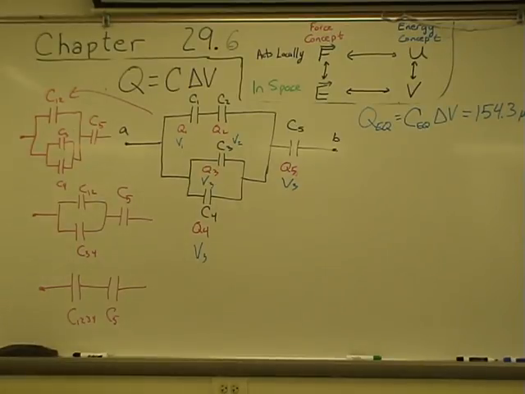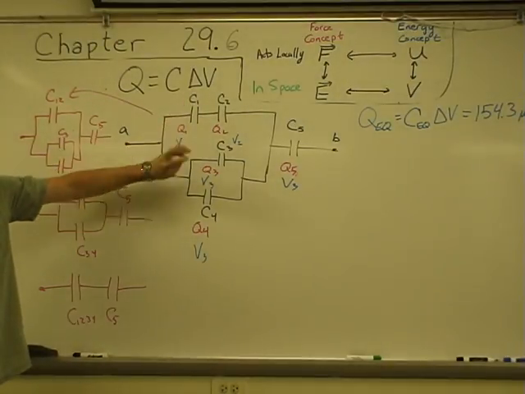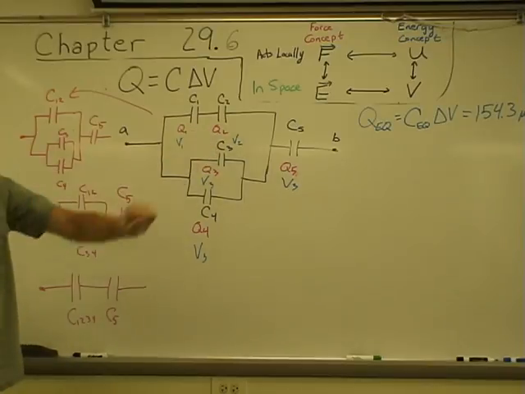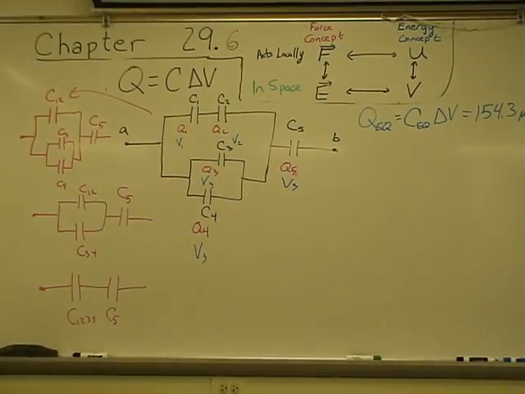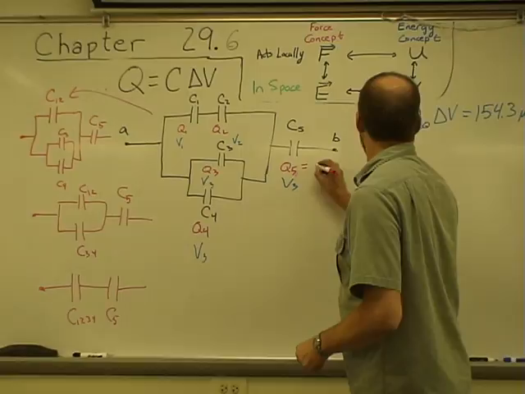So I have found that the charge stored on the whole big equivalent capacitor is 154.3 microcoulombs. Now, that means I've got two capacitors in series: C5 and the equivalent of 1, 2, 3, and 4. So, I know the charge stored on C5 has to be equal to